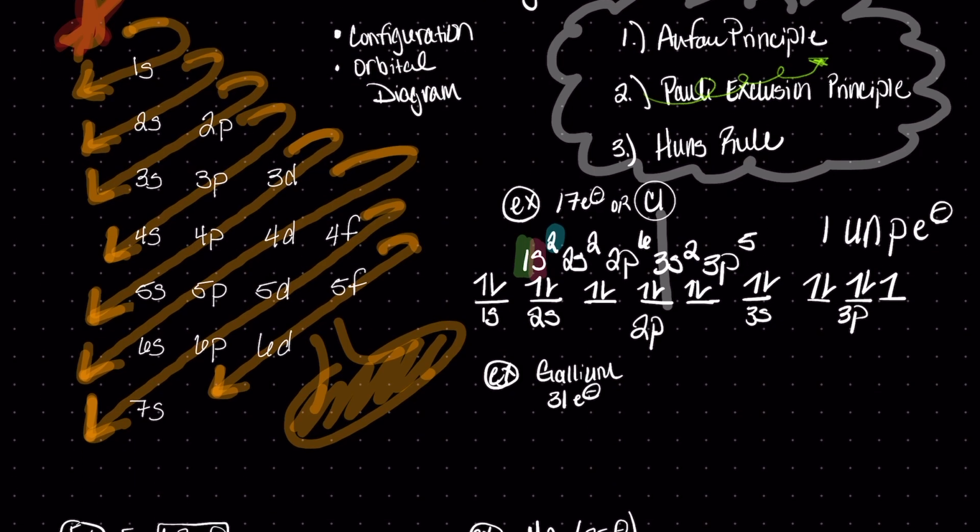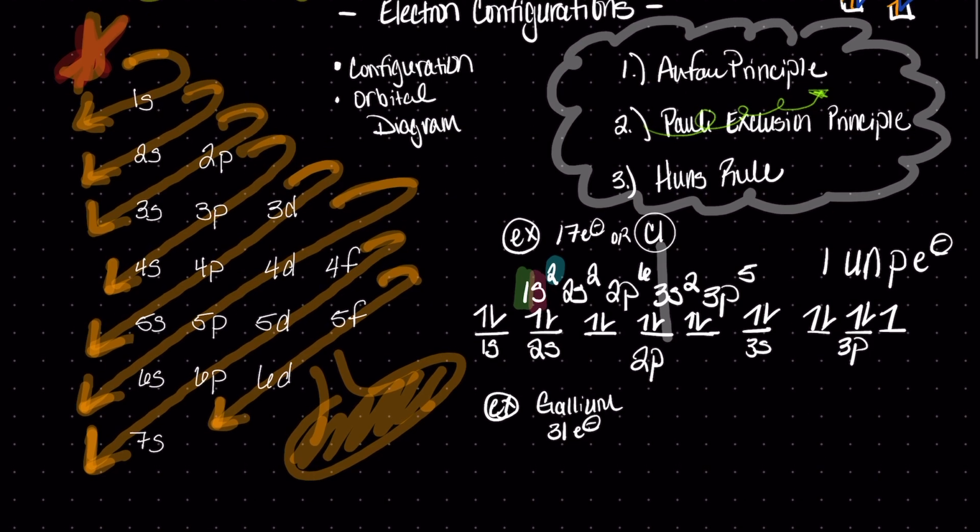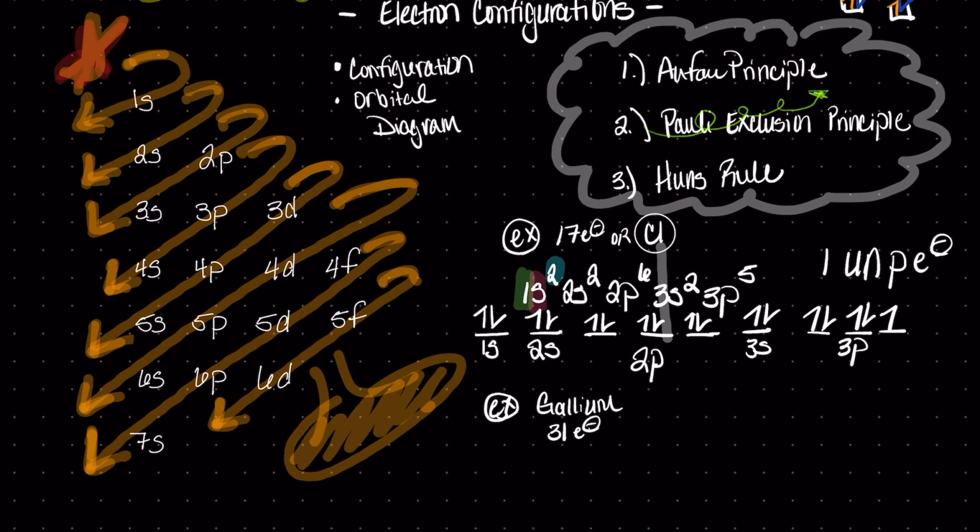So we're going to do the same thing for gallium. Gallium has 31 electrons. So I'm just going to put my finger right here at the beginning and fill down just like I normally would. So I start at 1s. I know s can hold 2, so that's 1s2, 2s2, 2p6,